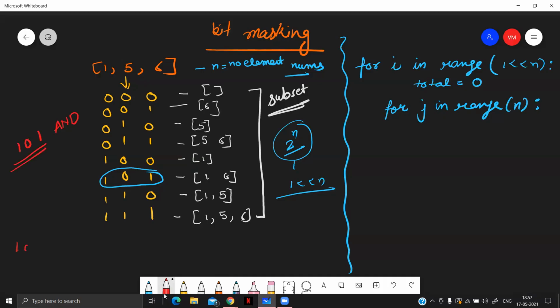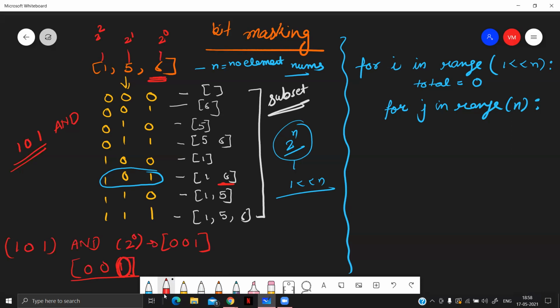Let's see. For example, 101 is the mask. We will use, this is present at the 0th position. If we use the binary series, these are the positions. If we calculate the AND of 101 with this particular position, which is 2 raised to power 0, if I write it in binary form, it will be 001. Correct? And if I do the AND, 1 0 1 AND 0 0 1, the result that we got is 1. 1 means 6. The element 6 is present in this.